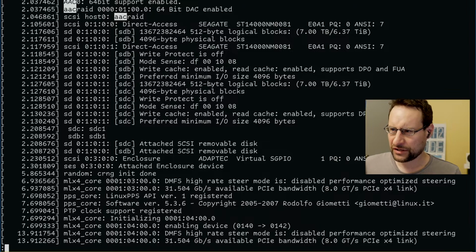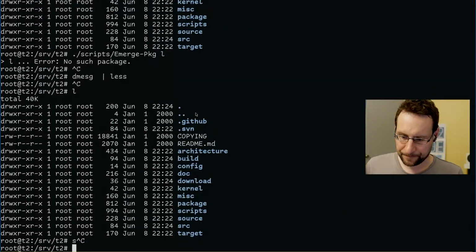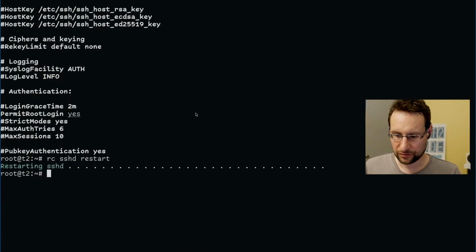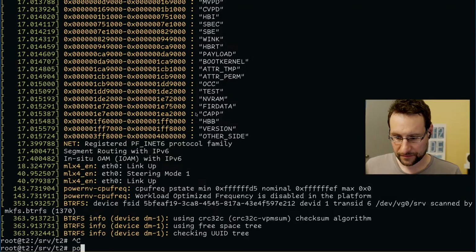Maybe performance is also not ideal. Those stripes probably can be reformatted in 4K blocks. Oh no, it says the preferred minimum IO size is 4K. Why does it say that? So yeah, that's it for today. I guess we tested what we wanted to test. Stuff is working, so yeah, we could make some notes. Yeah, you know what, let's...